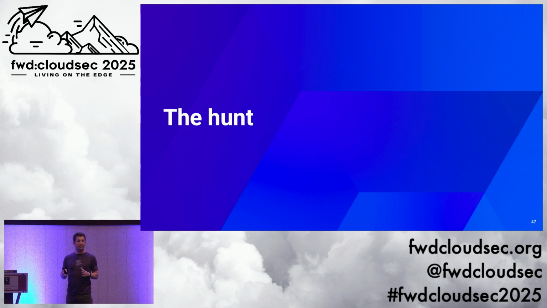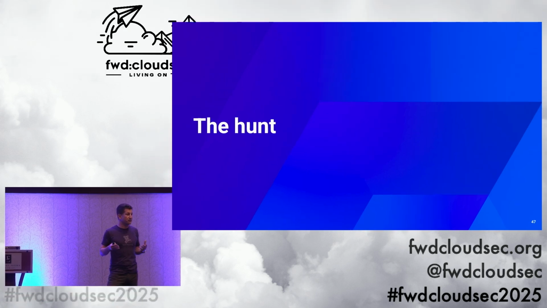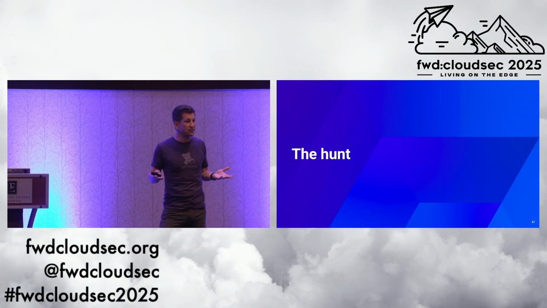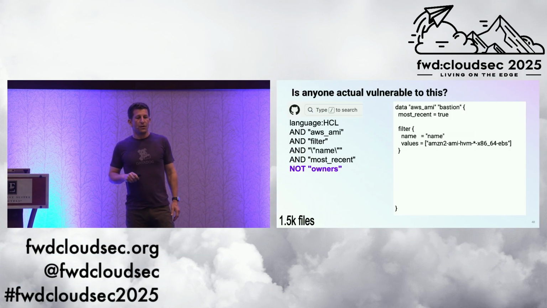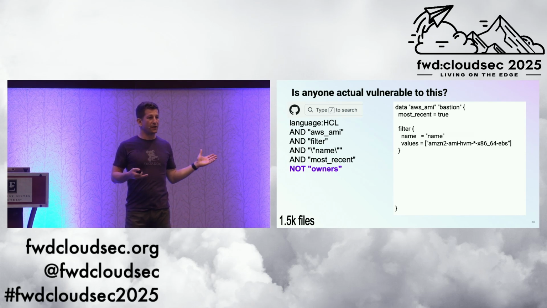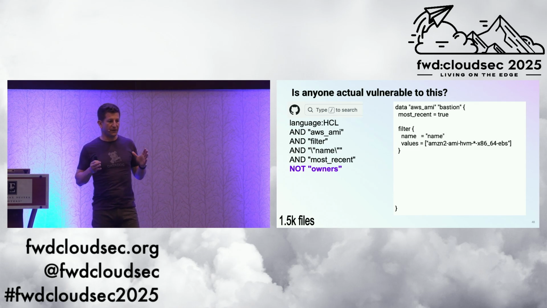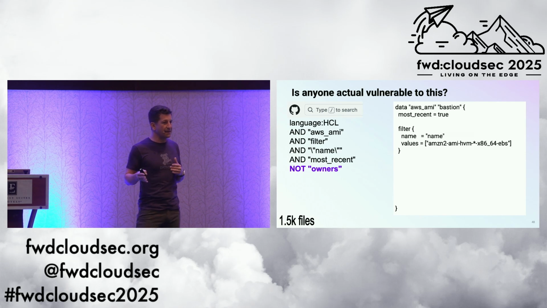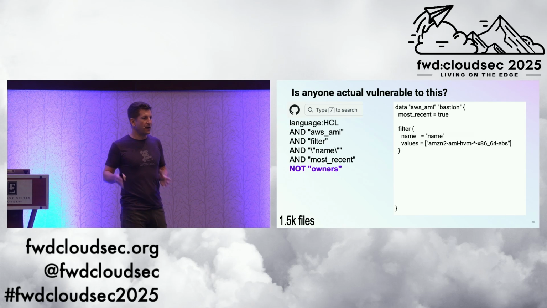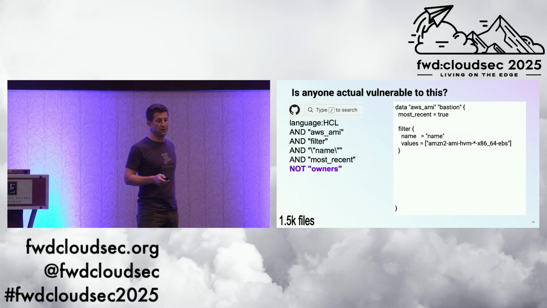So now I know it's theoretically possible to be vulnerable to this in Terraform, so I wanted to start seeing, well, has anybody made this mistake in the last 2 years? So I went to GitHub and SourceGraph and started doing some searches with the vulnerable criteria that we've been talking about. Now, I was thinking as a researcher for prevalence, how many people are actually vulnerable to this? What I realized was that this is the same art of detection engineering, right? I want to filter out false positives, and I want to think about, am I missing any false negatives? So let me take you through that journey.